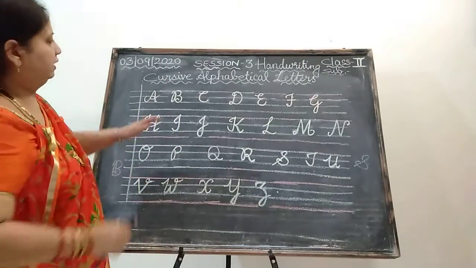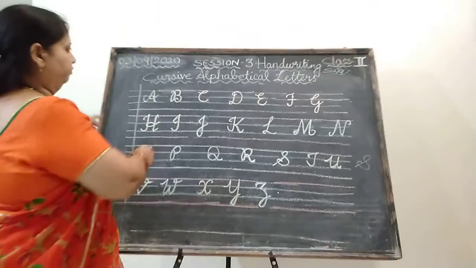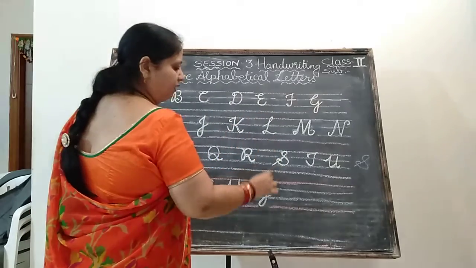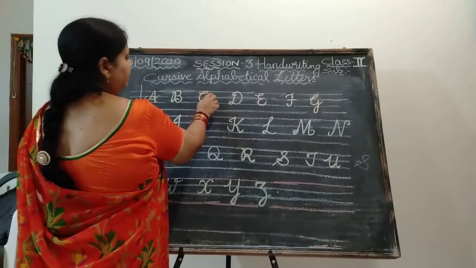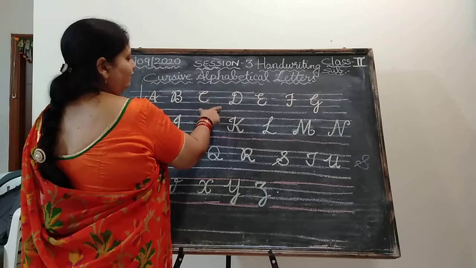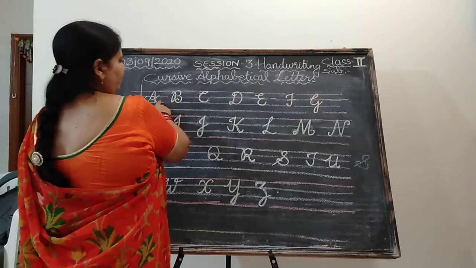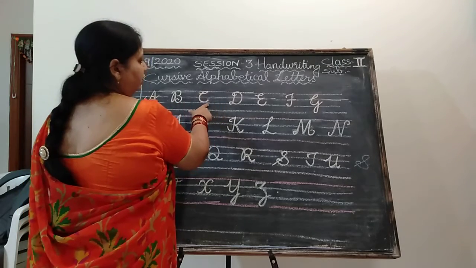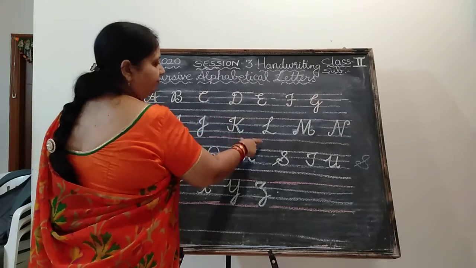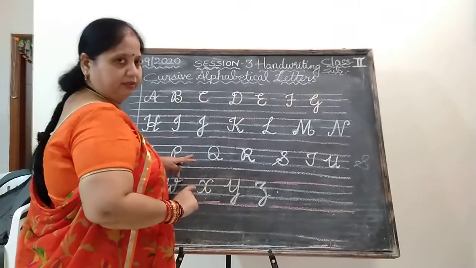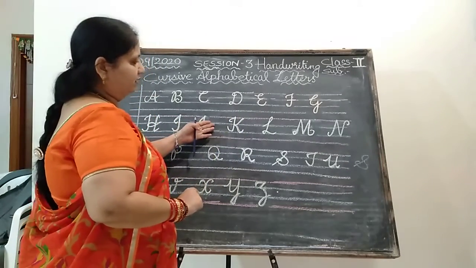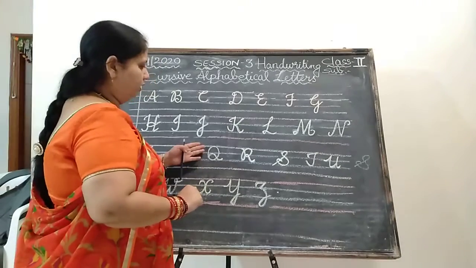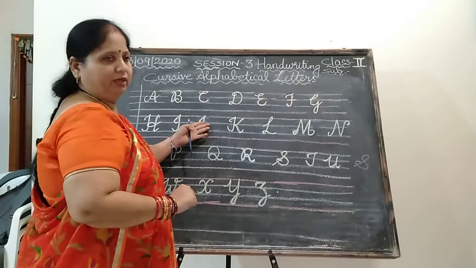Now listen here, children. Please, when you start writing, you don't lift your finger. Okay, when you are holding a pencil, hold it properly. You see the lines here. First line, second line, third line, fourth line. Okay, how to start the letter, where it is ending. See that. Each and every letter, you observe it and write very neatly on the lines. Don't write the letters so far below the line or above the fourth line or first line.